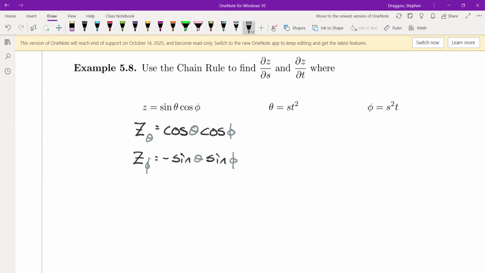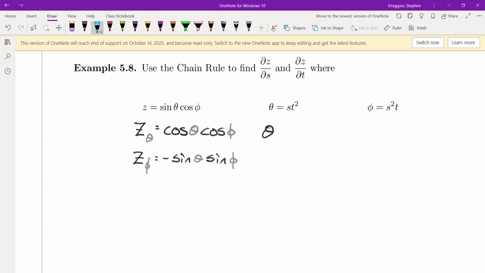Those were the two intermediate variables of the two bits that I am plugging into z. Those are the two functions that are going directly into my z function. I know I'll need both of those partial derivatives to talk about any sort of a chain rule. So get those done. Then I'm going to come over and find